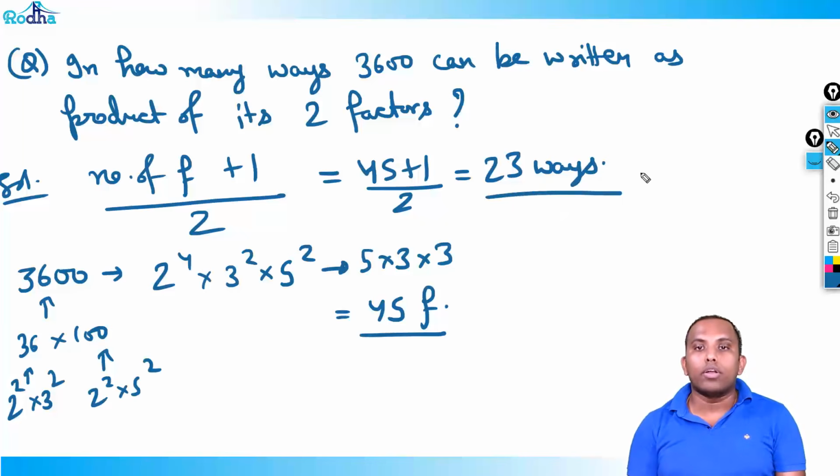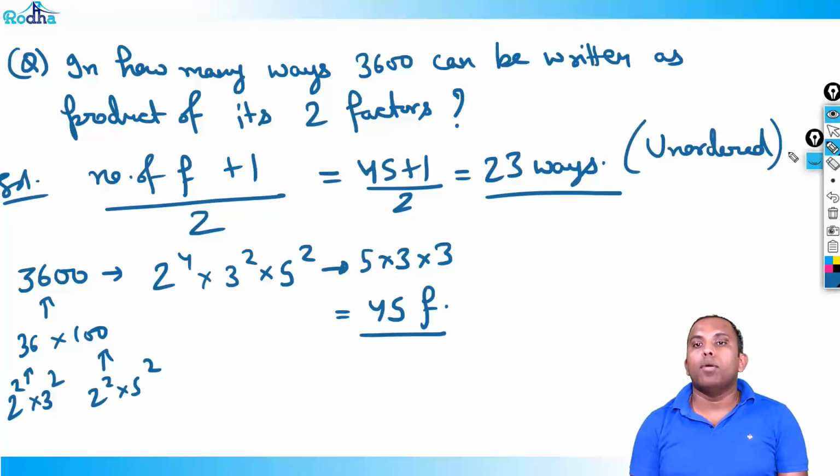Of course it is unordered. Why? Because the number of solutions is asked here, but variables are not given. So it is an unordered solution. Now what if the question is for an ordered solution, right? What if the question is an ordered solution? So in case of an ordered solution, you see,